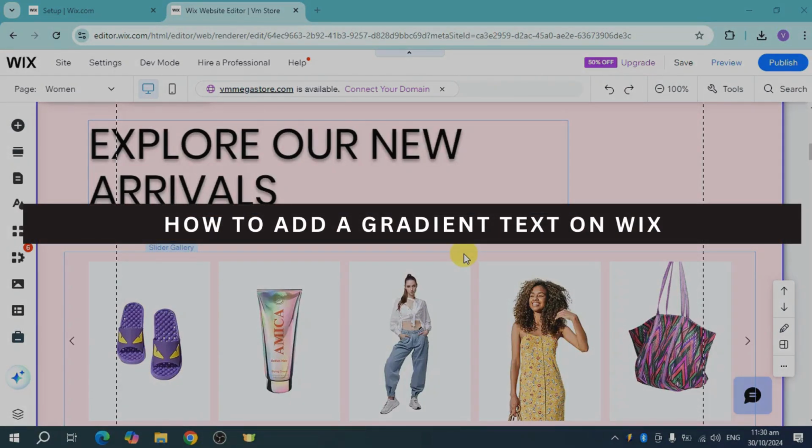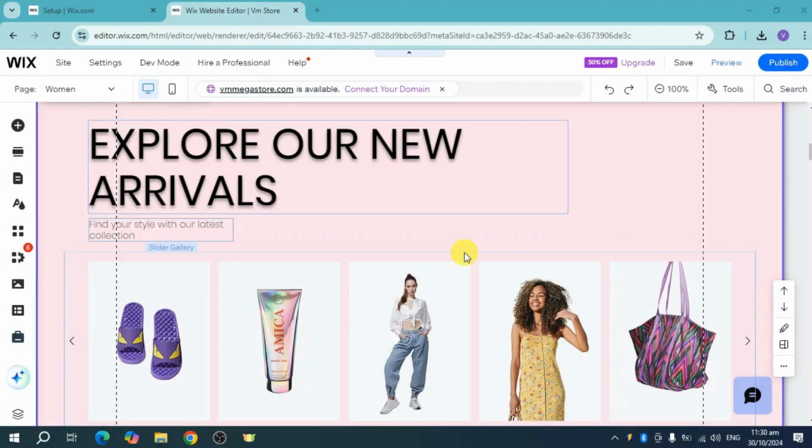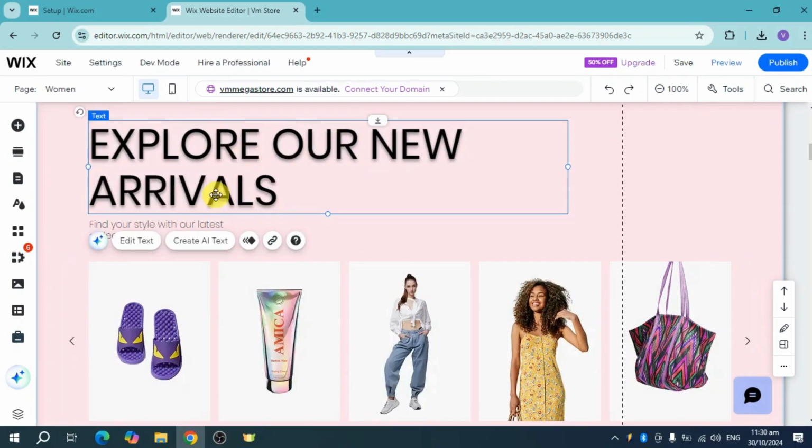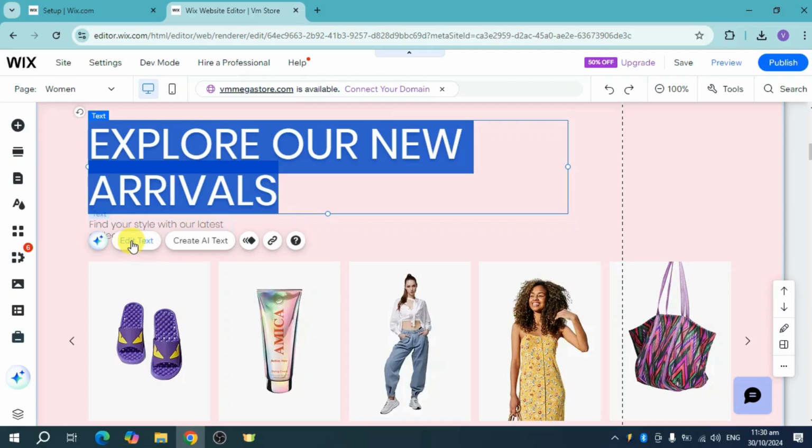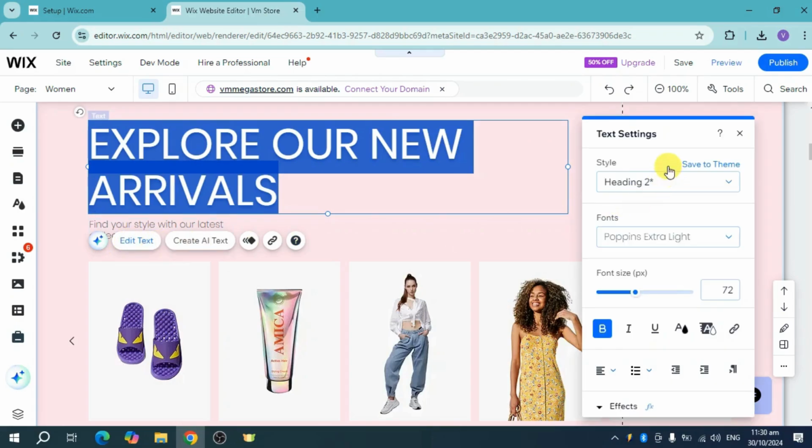How to add gradient text on Wix. So you can add gradient color to your text by just hovering over and then clicking on a particular text. Now click on this edit text option, and then as you have done that, you can see here the text